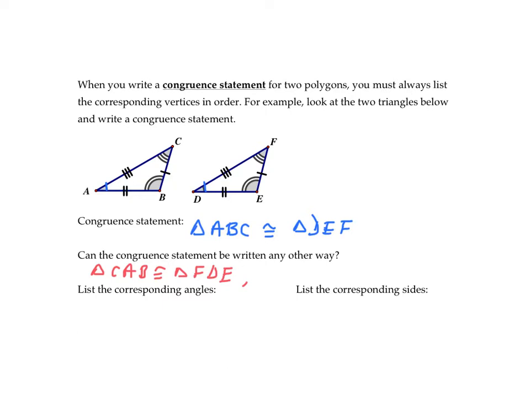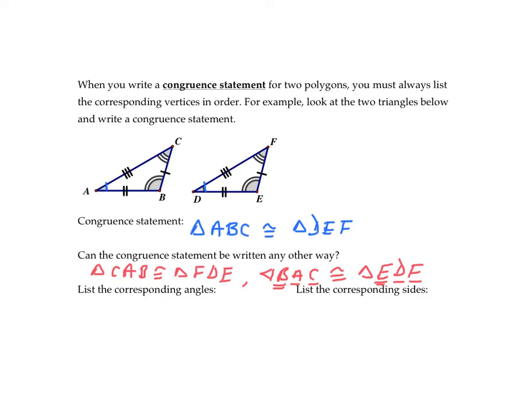Another way to write this, maybe start with angle B and say triangle BAC congruent to triangle EDF. Again, watch how you name the two triangles. The corresponding parts must be congruent. In other words, angle B corresponds to angle E, angle A corresponds to angle D, angle C corresponds to angle